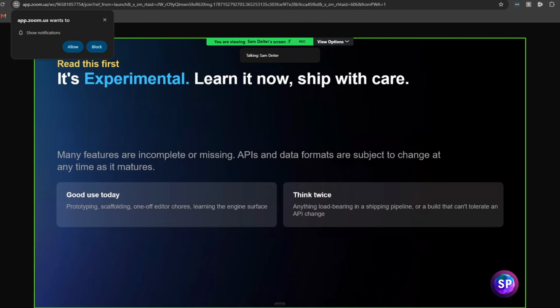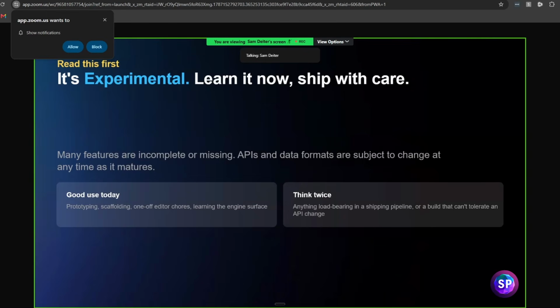API functionality could be added, it could be deprecated, it could be renamed or removed. So it's great to use it now to figure out how it works and how it can improve your workflow and do things inside of the editor. If you are going to use it to ship stuff, then make sure you are staying on 5.8 and not going to another version, or you might risk losing some type of functionality.